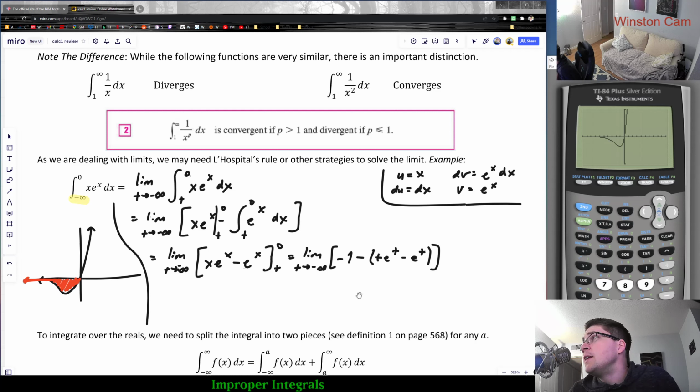And now what we need to do is figure out our limits. So from here, the limit of a constant is always a constant. So we know the first part is just going to be -1. But then we want to consider, what about the remaining components? So the limit of e to the t as t approaches minus infinity, well, an exponential all by itself will trend to 0 as you go to minus infinity, because essentially it's like e